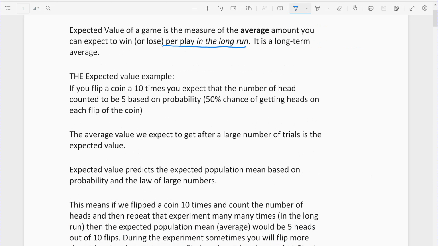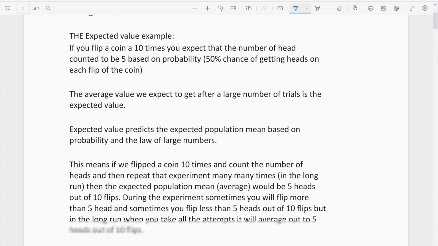In the long run means if you played this game many, many, many times, or if a lot of people played this game, this is what we would expect the average to be. It doesn't mean that's what the average is going to be. It's just what we would expect it to be. All right, so to give you a simple example of what we mean by in the long run